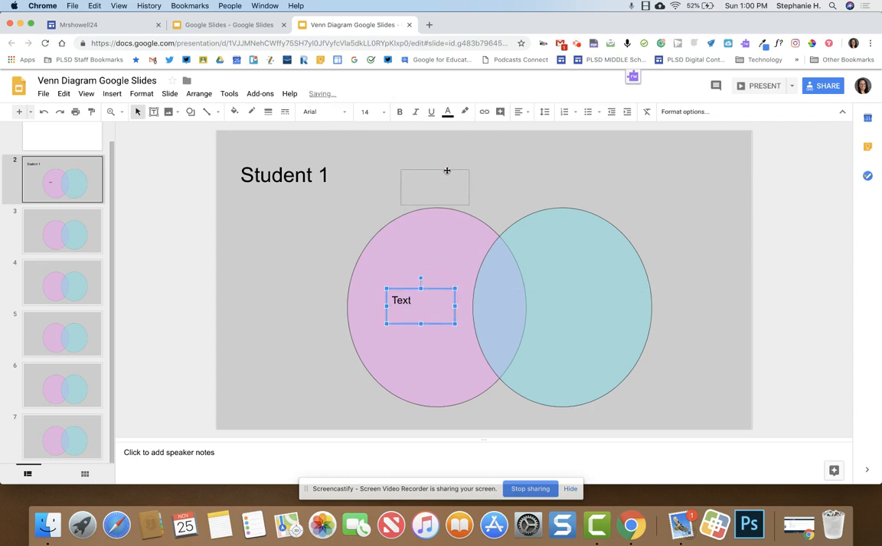You could add these text boxes if you wanted to, but I like to kind of give students that realm because then they can change their font, they can change how they want their